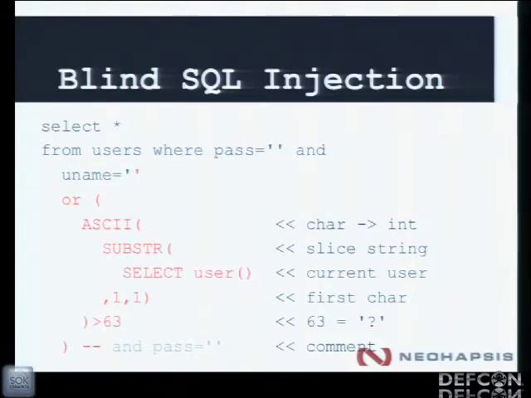If that happens to be true, we're going to have some different interaction with maybe the response of the web server. So let's say we're doing a Boolean-based blind SQL injection, and based on the status code of the server, we might get a 404 if we do something that evaluates to true, or we get a 200 if we do something that evaluates to false. So that's the thing with blind SQL injection. We're keeping track of different objects of the HTTP request, things like the amount of time it takes for, all right,